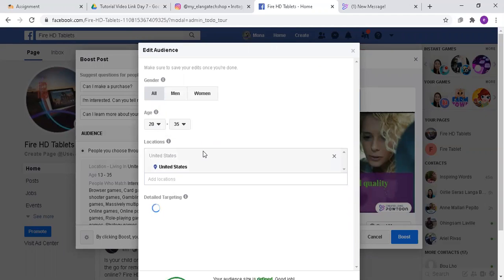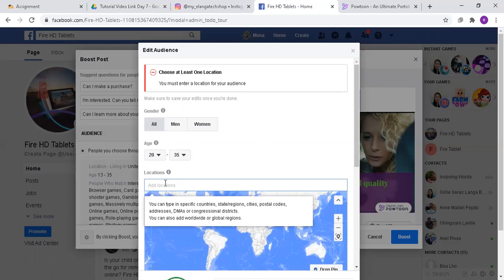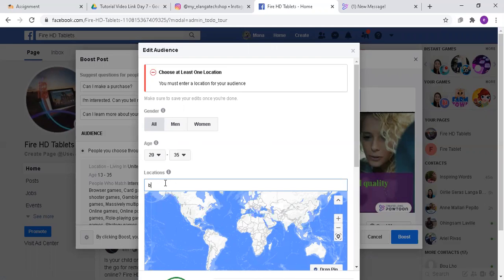And for the location part, you can choose different locations all over the world. But in my case, I'd like to choose near my residence, near my location, somewhere in the province of Cebu, Philippines.